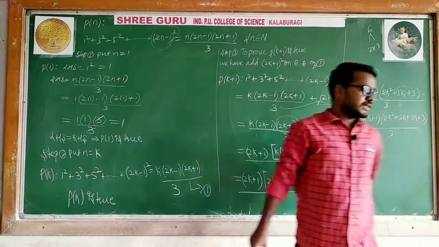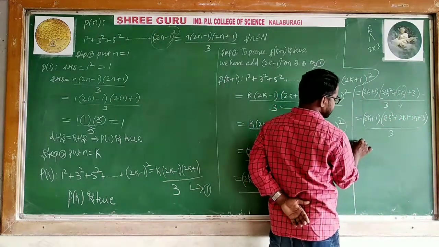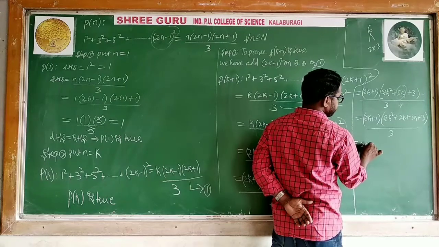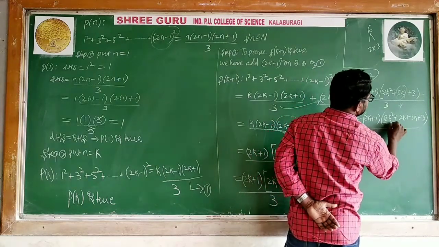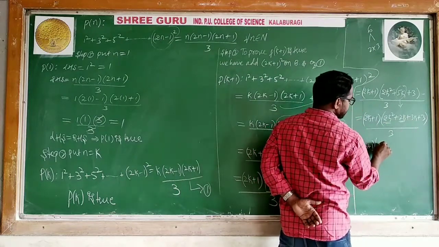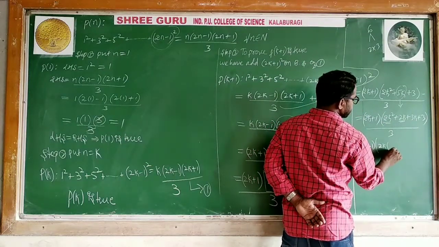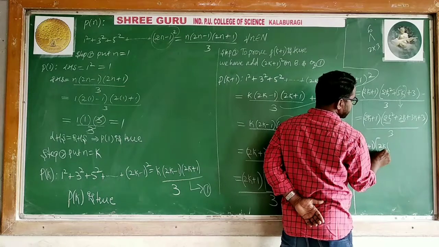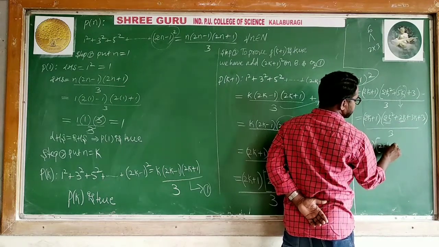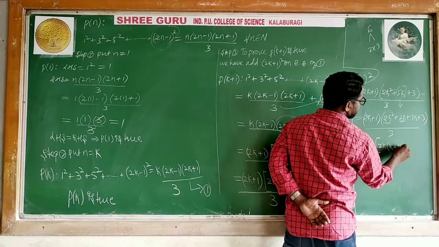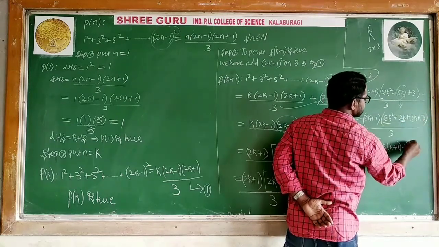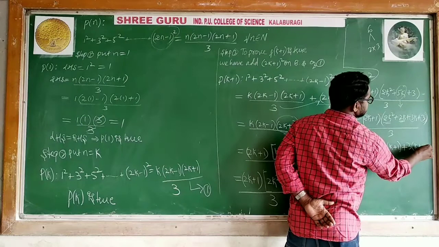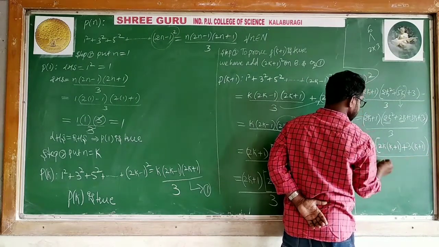Listen here. Now the simplification. In the 2k plus 1 bracket, this 2k and this 2k are common. When 2k is common, k remains here, plus 2k goes, 1 remains, plus 3 is common in these two. 3 common means k plus 1 remains, divided by 3.